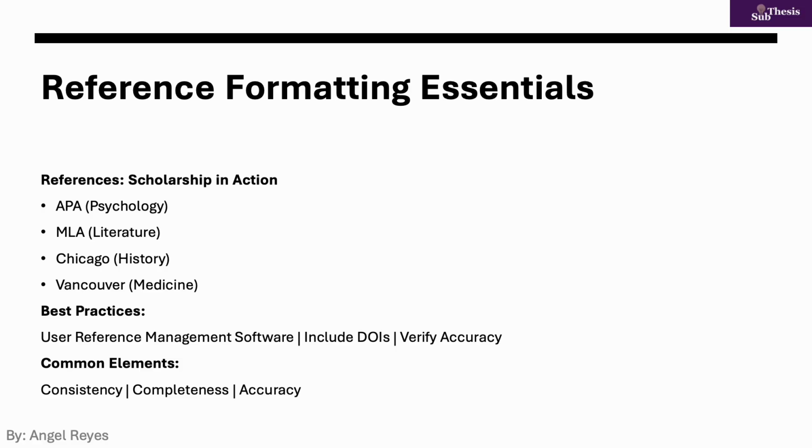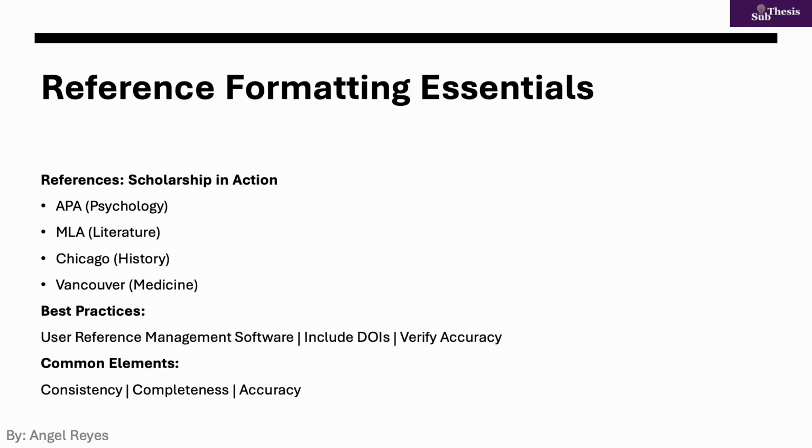References might seem like mere housekeeping, but they're scholarship in action. They show your intellectual lineage, allow verification, and give credit where due. Different fields use different styles. APA for psychology, MLA for literature, Chicago for history, Vancouver for medicine. But all share principles: